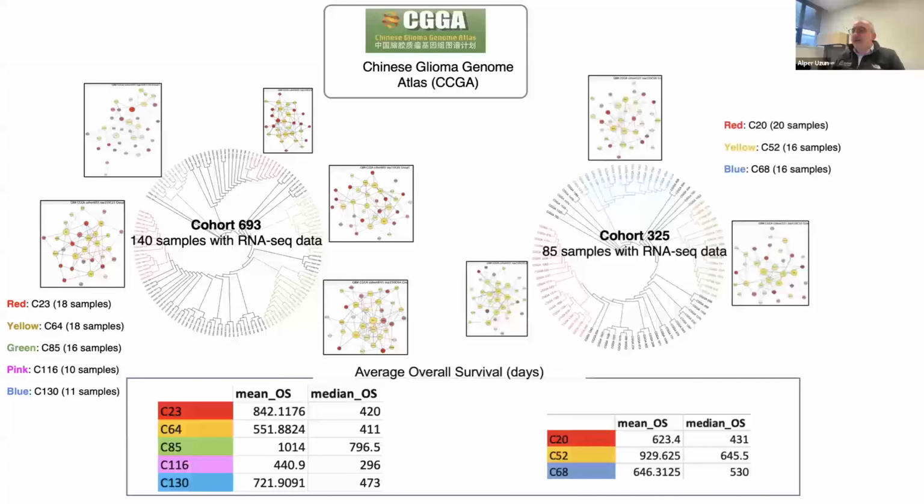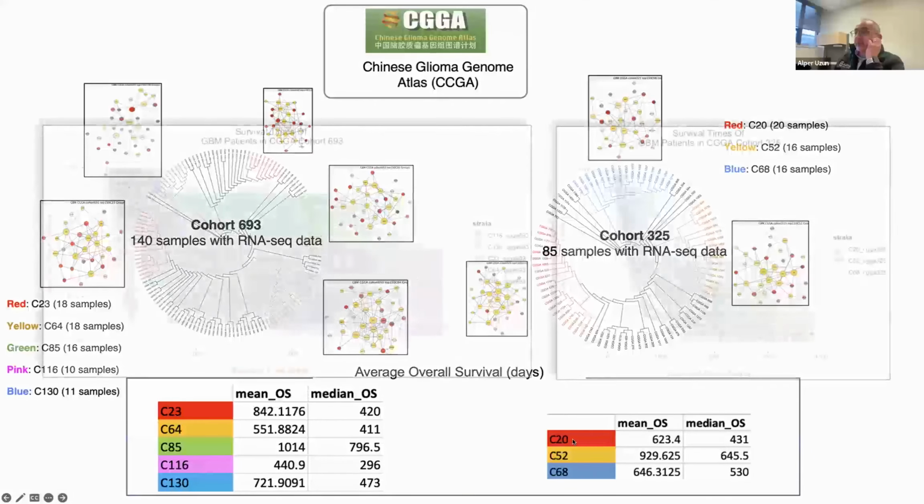So when we do this comparison, we also look at the overall survival days and potential networks in this data set. We find out that C20 is the lowest survival network.